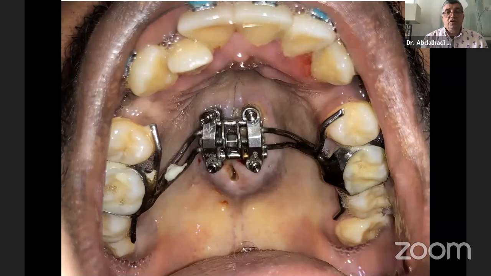During the perforation, the patient came to me and told me that he feels something inside his nose, sorry. And you see, this is the Marpe. These are the activations. There is around 2 millimeter, 2.5 millimeter on each side. And you see here, this is a perforation that the patient feels.